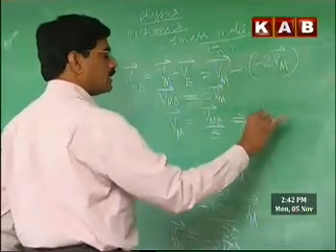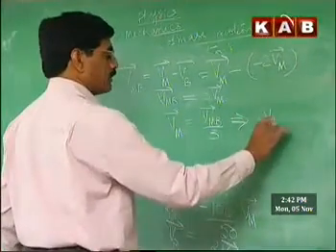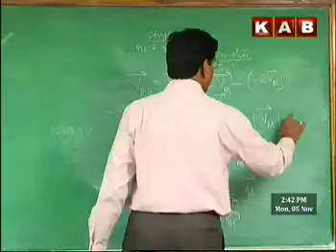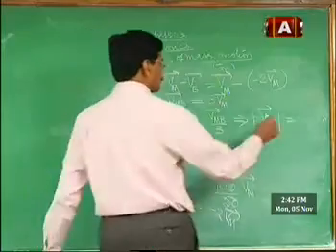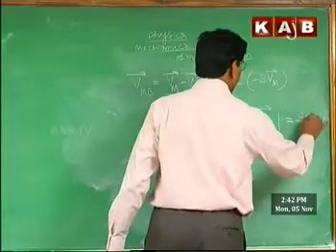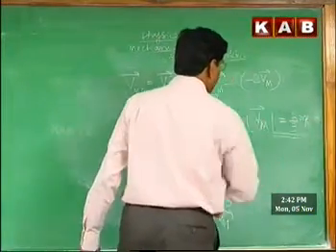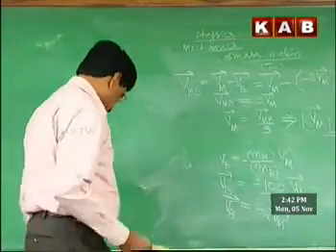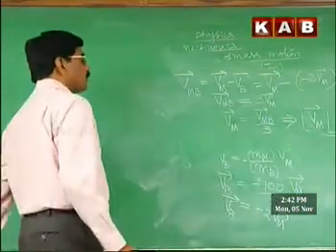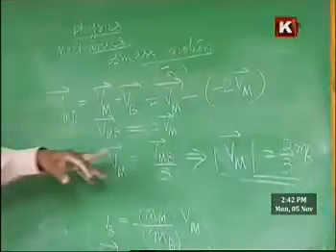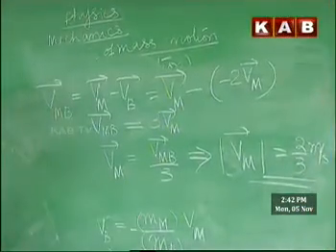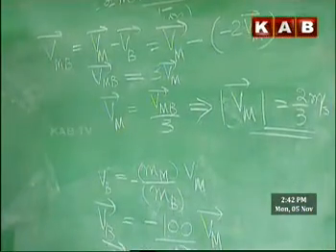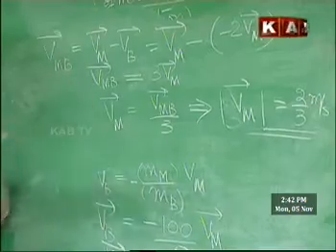That implies the velocity of the man as seen from the shore, relative to shore, is 2 by 3 meters per second. So as seen by a person on the shore, the person appears to be moving with a velocity 2 by 3 meters per second. But for a passenger, co-passenger